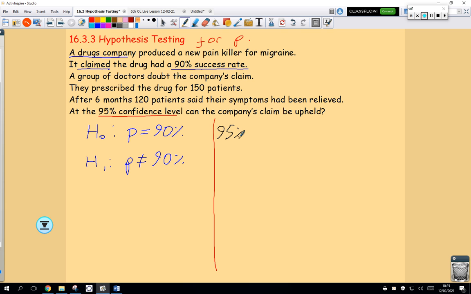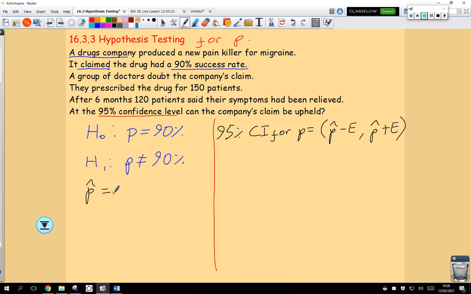A 95% confidence interval for the proportion follows a formula, and it is this: that we find P hat, we subtract E, that finds the lower limit for my confidence interval, and then we find P hat and we add E, that finds my upper limit. P hat is the sample proportion, E is the margin of error. In this case, to find P hat,